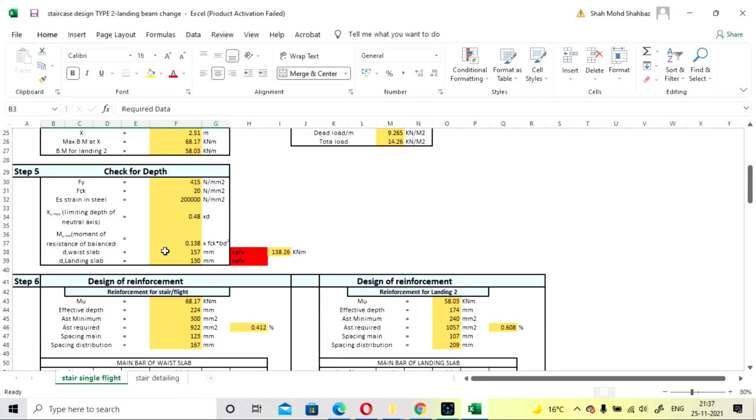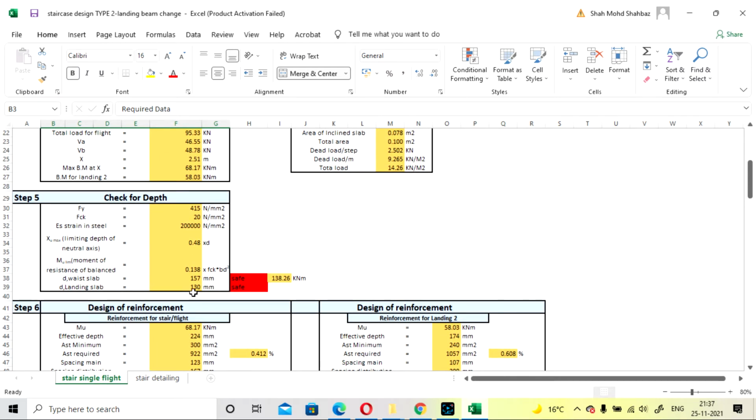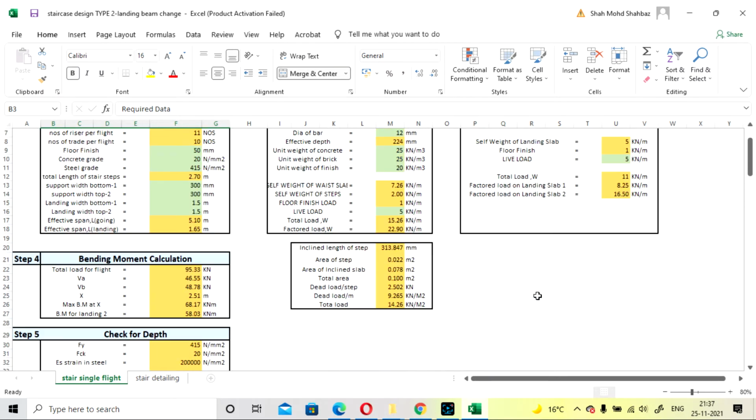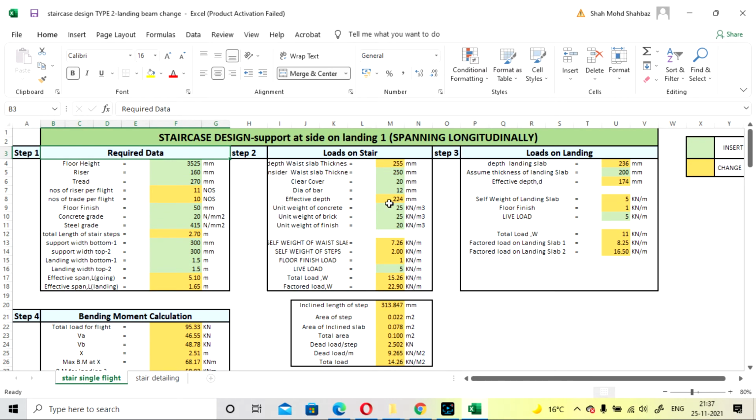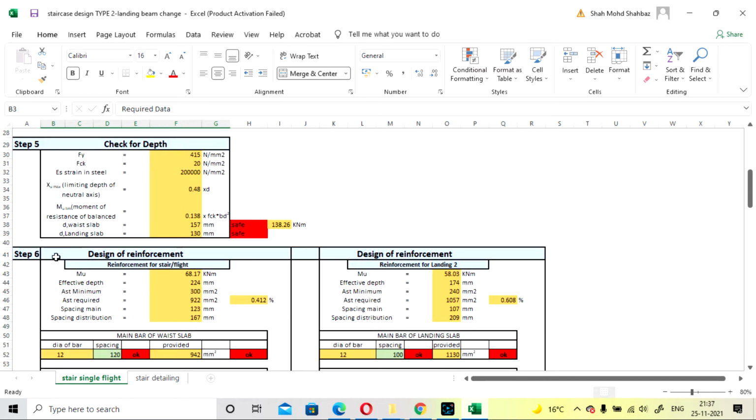Here it is 0.138 fck bd square. So d value, that is effective depth for waist slab, is calculated as 157. So it is safe here because we have considered 224 effective depth. Similarly for landing slab it is 130, it is also safe.